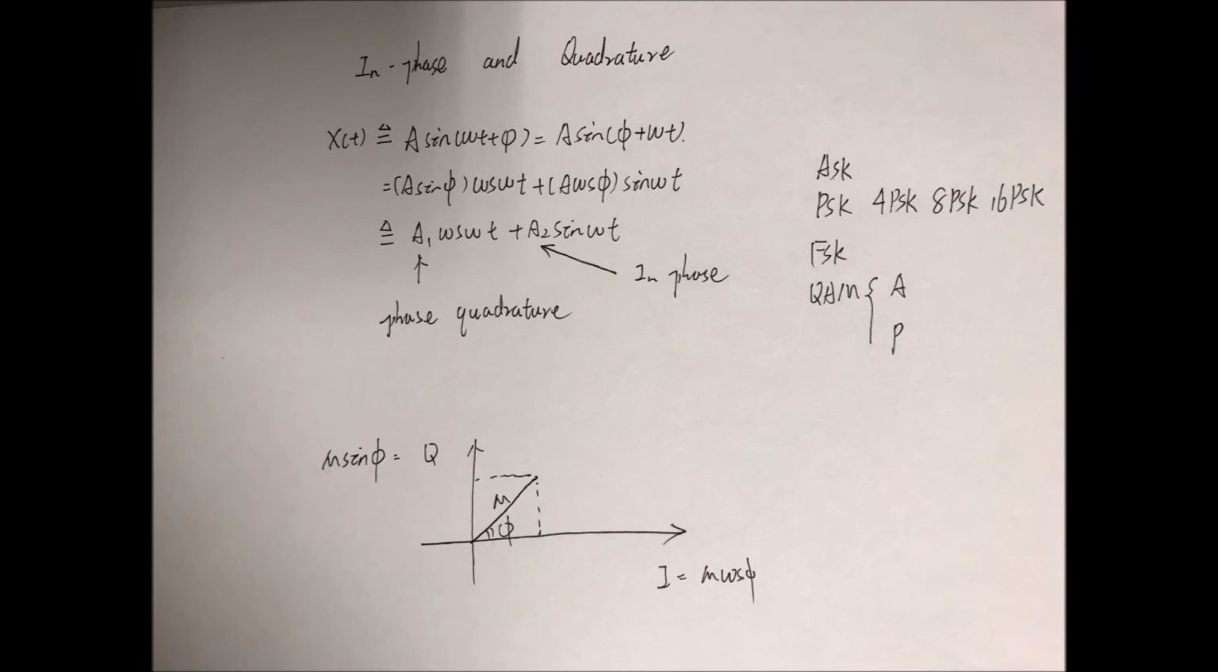So we have in phase. I means in phase. Q means quadrature. So we have two channels. Why want to use it? So we talk about